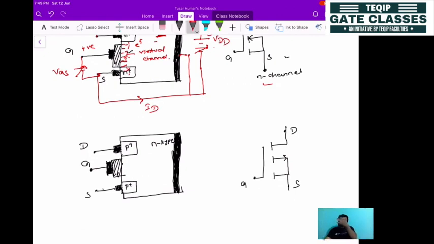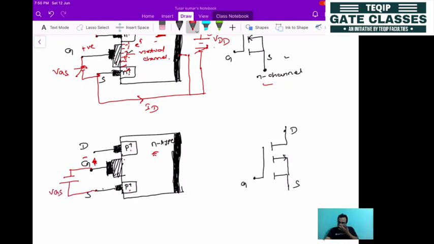Now let's apply the biasing voltage. Already this is N type material. So what will happen if you apply a positive voltage? All the electrons will be coming here. But we want holes in between, since this is the P plus type material; if holes are present in between, the charge flow will happen easily. So for that purpose you cannot apply a positive voltage, you have to apply a negative voltage. So you make the gate terminal negative, so here it will be negative, then positive. So this is VGS.